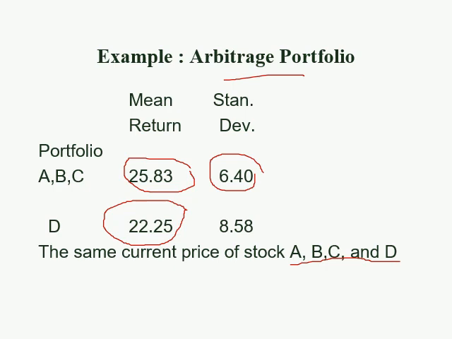كل الستوكس اللي عندي at the same price which is equal $10. هنا بيبقى عندي opportunity for arbitrage. ليه؟ لأن عندي portfolio with higher return A, B, and C, higher return and lower risk، ودي lower return and higher risk، وكلهم عند نفس الكرنت برايس اللي هو 10. هنعمل الاربيتراج ازاي؟